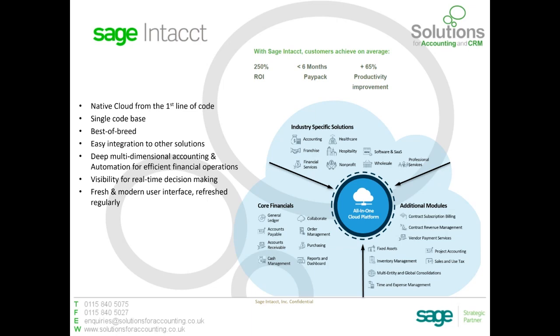Another icon on the core financials side of things is Collaborate. Now, Collaborate is a tool for talking and discussing absolutely anything within Intacct. It can be a transaction or a purchase invoice or a customer or anything. And the idea is that the users of Intacct can have a conversation about whichever object it may be, and then that information is held in the system for as long as the system is in existence.